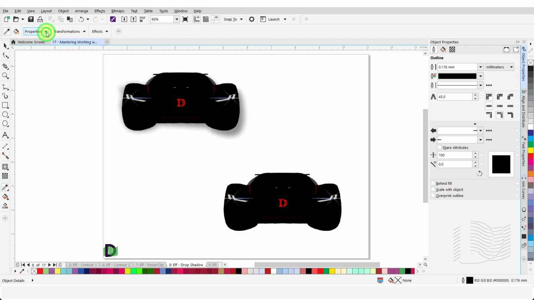Make sure there are no check marks against the Properties and the Transformations groups. Then I will open the drop-down menu under the Effects group and place a check mark next to Drop Shadow. I will remove all of the other check marks and click OK. Then move my cursor over this object and left-click once to copy the selected attributes. Move the cursor over the target object and left-click to apply the copied attributes.